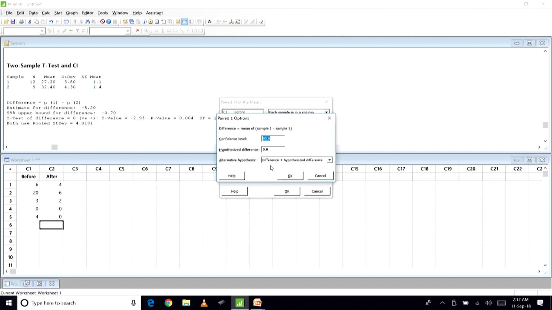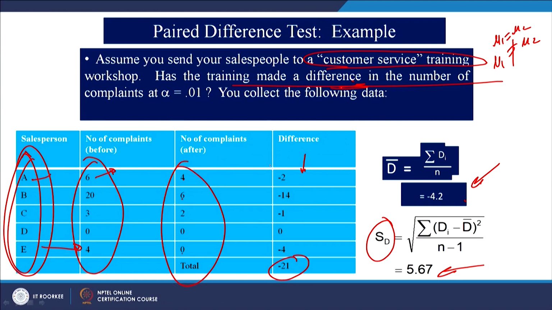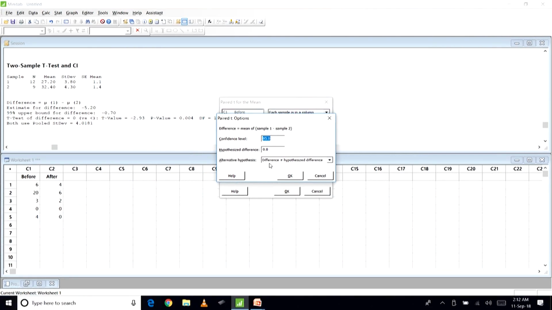We have to test this hypothesis at what significance level, it is 0.01, it means 99%. So, the hypothesized difference is 0, we are taking it, and the alternative hypothesis is not equal to type, right. So, it is a case of two-tail test. So, we will click OK,